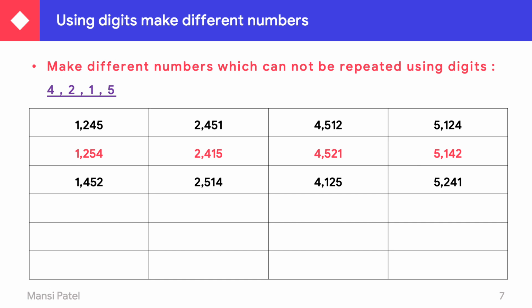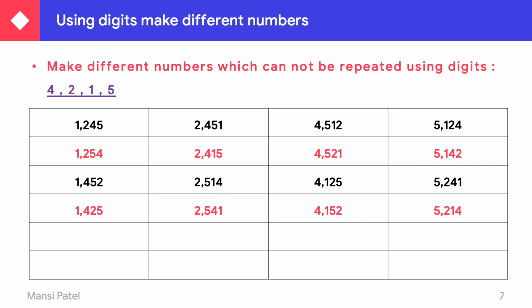5241. Now you have to apply rule number 2, and rule number 2 is that you have to just change the place of ones and tens only. So 1425, then 2541, then 4152, then 5214. Now again